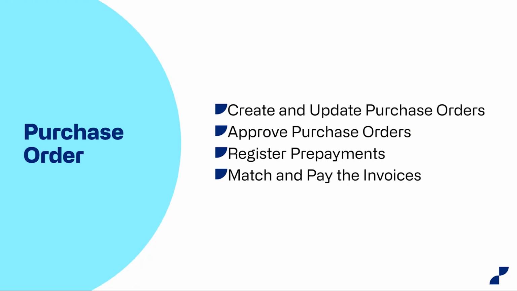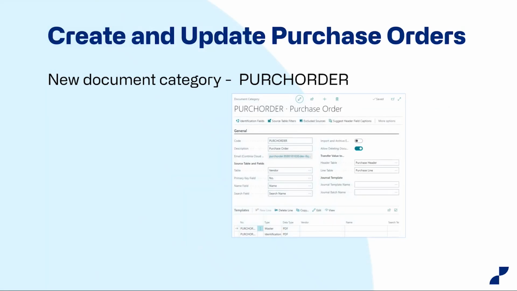So let's get rolling. It's time to look at the create and update purchase order. And let's start with a single slide explaining what this is. In Domain Capture, we have added a new category called purchase order, and it looks a bit familiar if you know the purchase category for handling invoices and credit memos. So this is a similar page, but instead of doing invoices, credit memos, we can now create purchase orders and